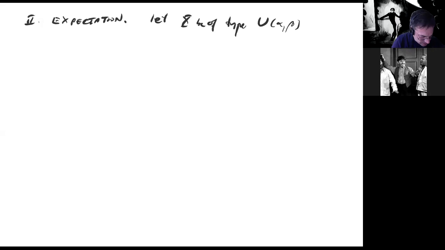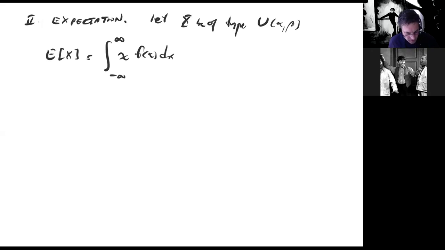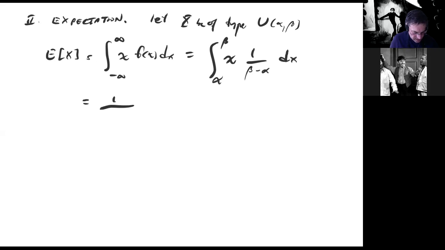And so what is the expected value? So E of x is the integral from minus infinity to infinity of x times f of x dx. That's the general definition, of course. But now we note that everything is supported between alpha and beta in the integral, and f of x is given by 1 over beta minus alpha in that interval. So now the 1 over beta minus alpha is a constant,